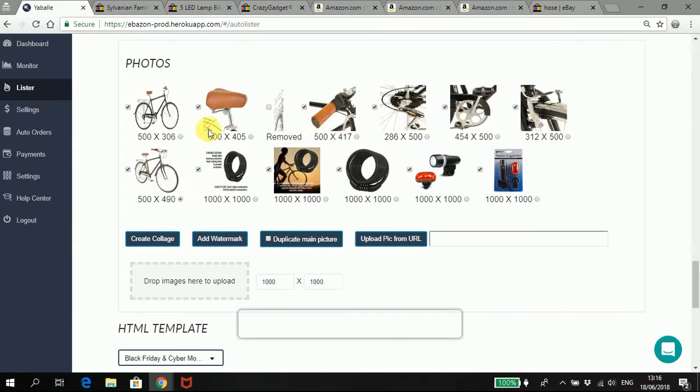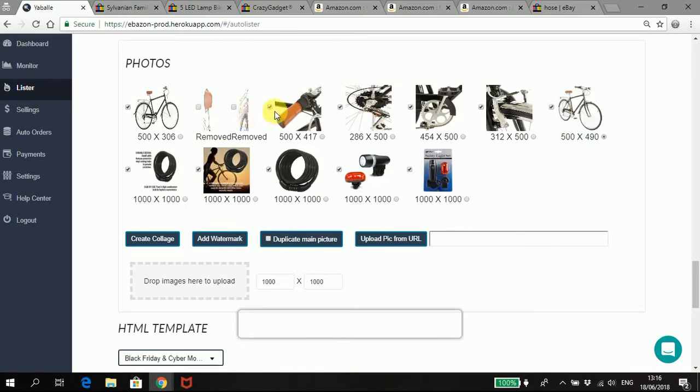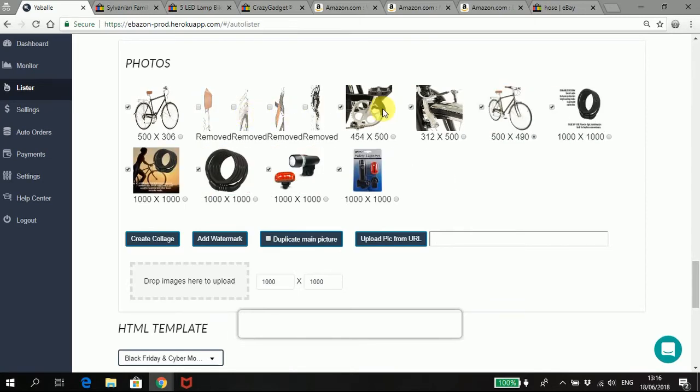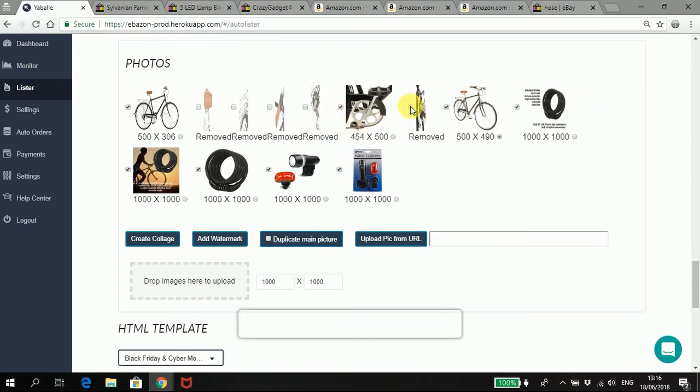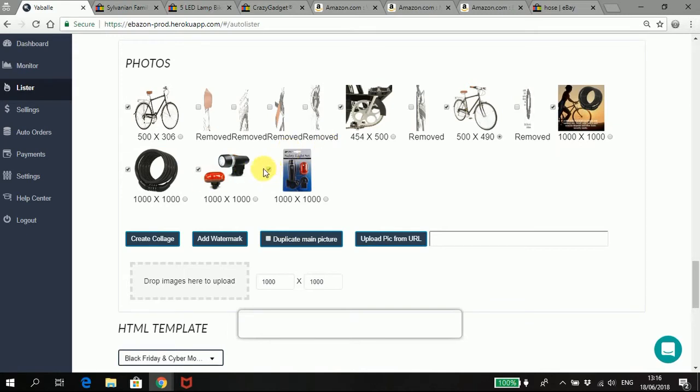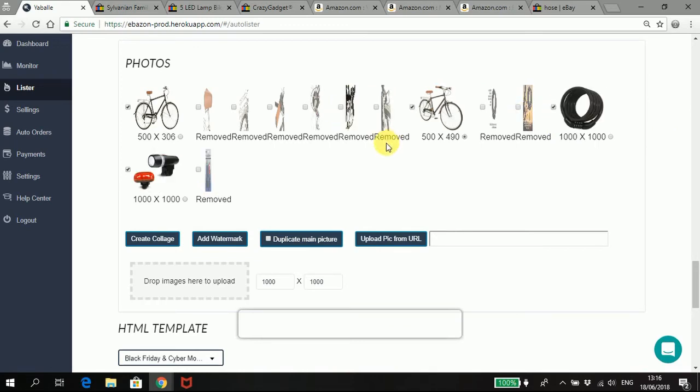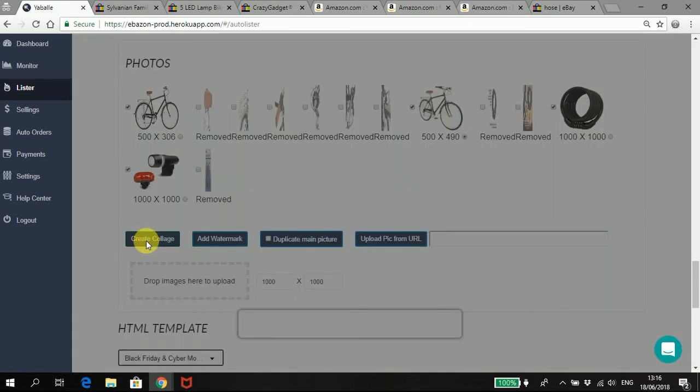Anyway, okay, now I want to create a collage which would tell my buyers that it's a bundle listing. I would leave the 2 pictures of the bike, and one for each secondary and third item, and this one I do not want. Okay, so now I have 4 pictures that are going to be used for my collage. I press the create collage button,